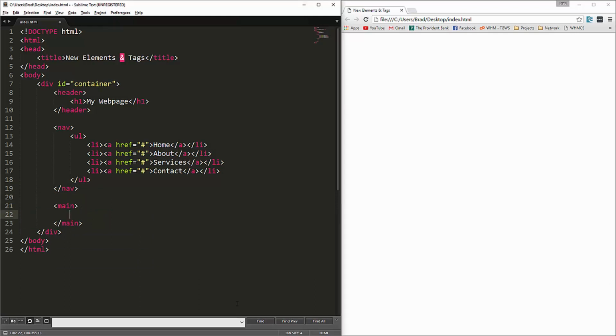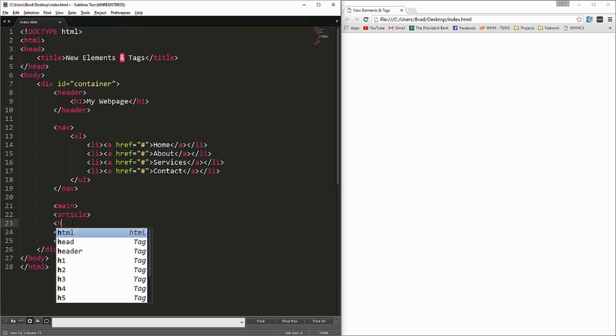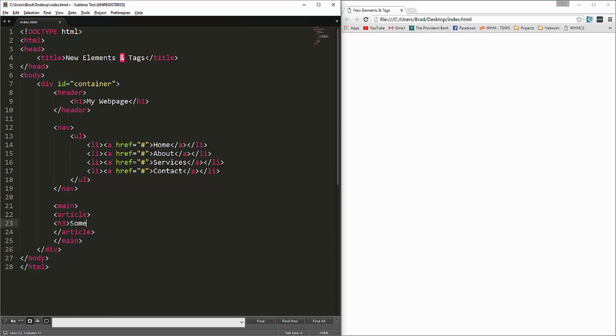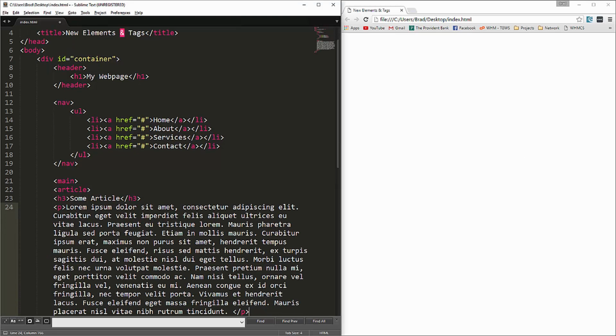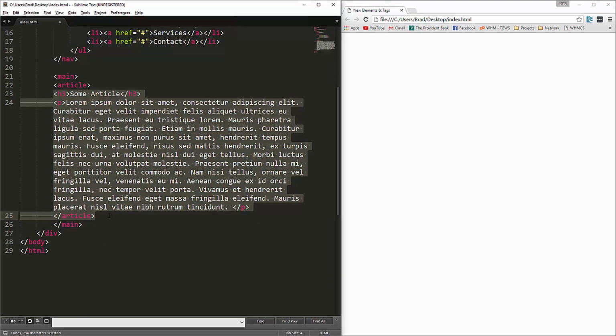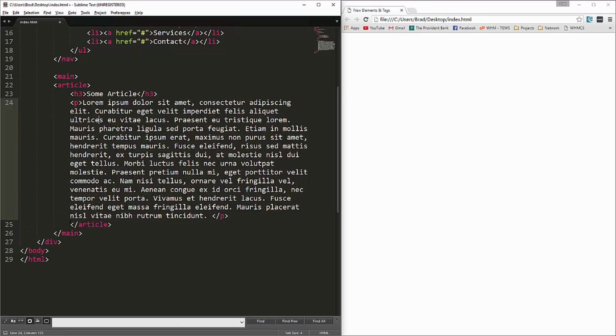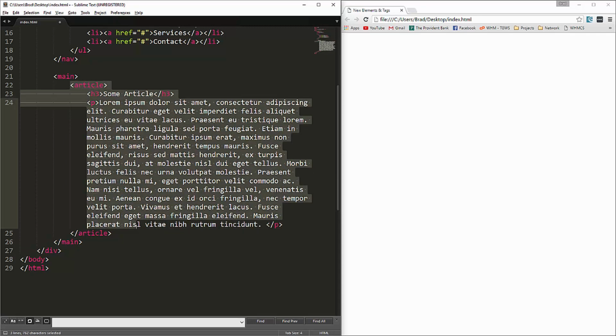All right, and inside the main area we're going to have, let's say this was a blog type or a news website, we could have different articles, so we can actually use a tag called article. And then in here we would have, let's say, an H3, which would be some article. And then I'm just going to paste in a long paragraph here. Go like that, and then we might have another article,